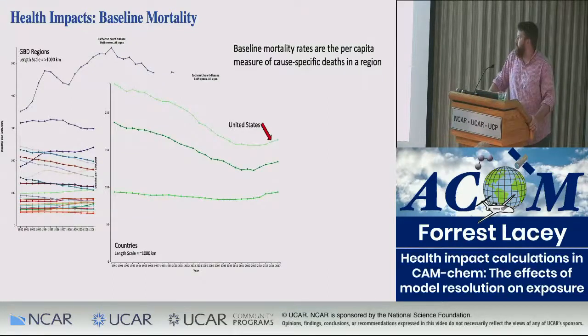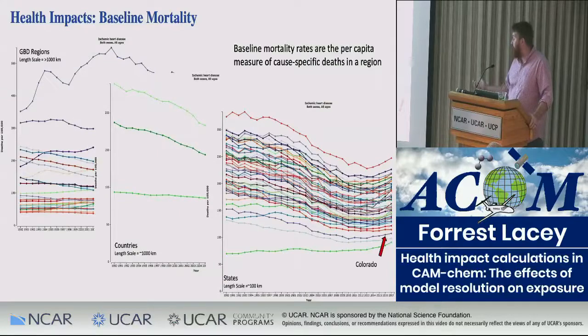And then, like I said, you can break this data down even further. So here, previously I showed you high-income North America. That's made of 3 countries, the United States, Canada, and Greenland. Greenland is on the bottom, and Canada's in the middle. United States, we're not doing as well for heart disease. So that's something we can obviously work on. And then you can, again, break it down even further and look at state-specific mortality rates.